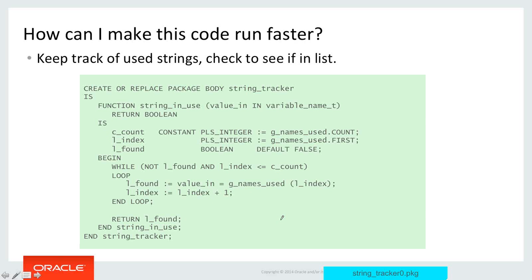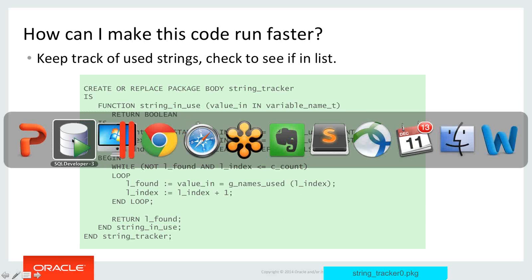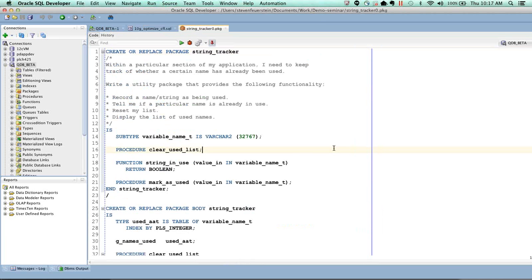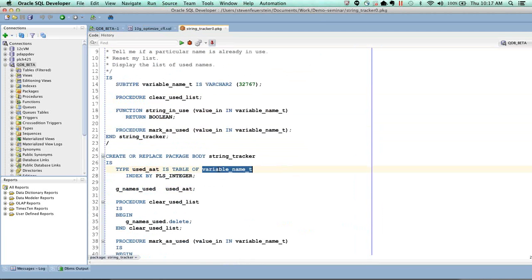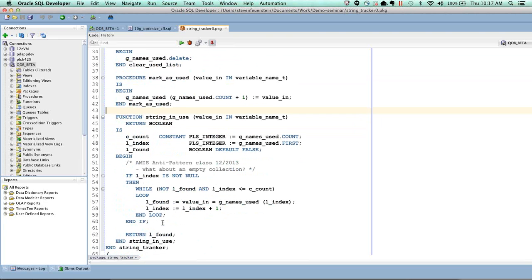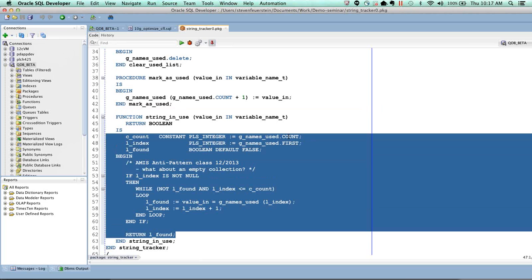So this is the kind of code I could write with my array structures, and I can easily build these kinds of packages. In fact, let's take a look at the whole package. So here's my list of used names. It's a table of variable names, which is VARCHAR2(32767). I put the string in the array, incrementally adding it sequentially to the list, and then I iterate through it to find a match. Probably doesn't run too slowly, but among other things, it's a lot of code to write. It's a lot of code to manage, to debug, et cetera,